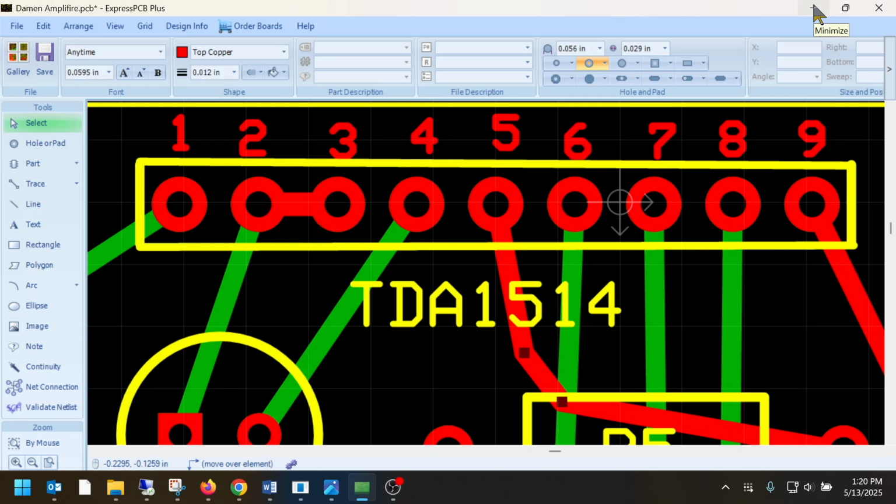So, making measurements on your design, you need to have a minimum of 5 mils space between all traces and pads on your design. And to make a measurement, you want to put your cursor where you want to measure from